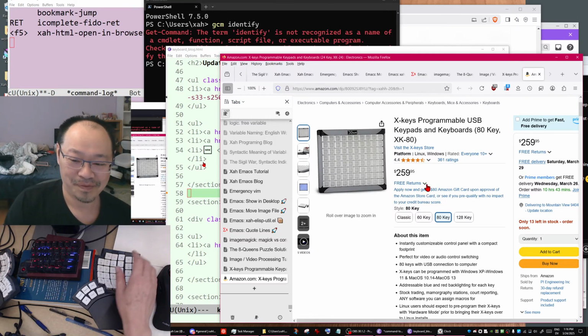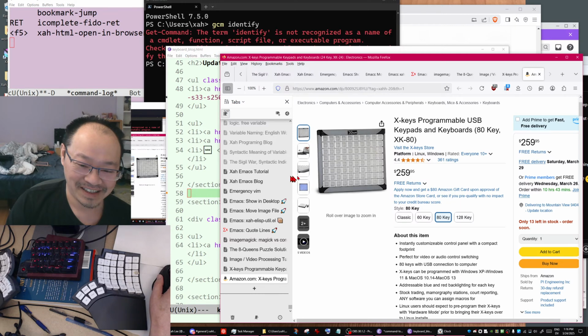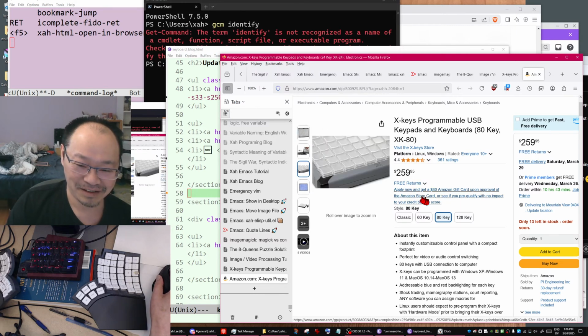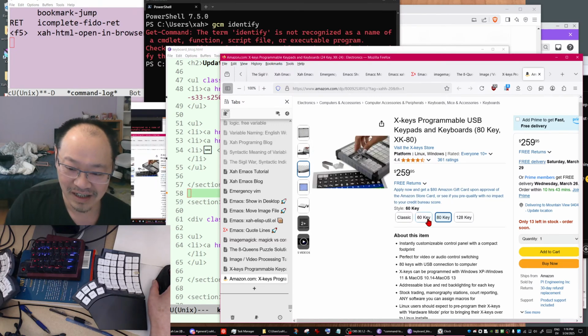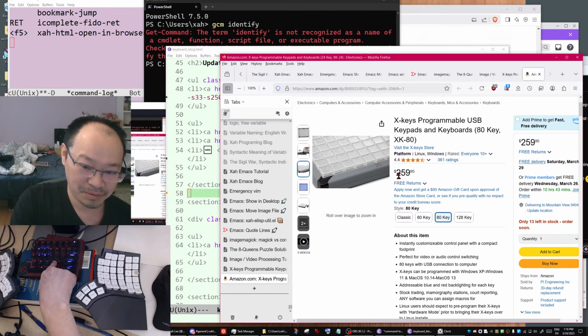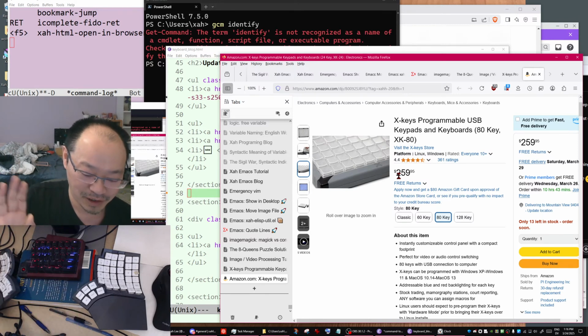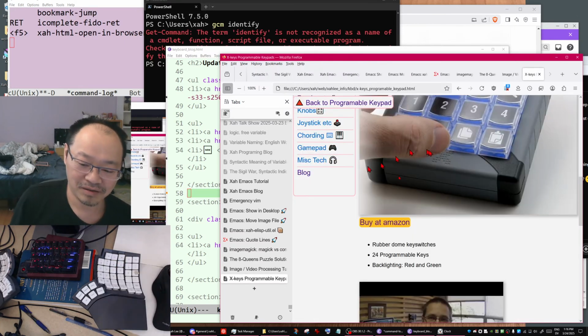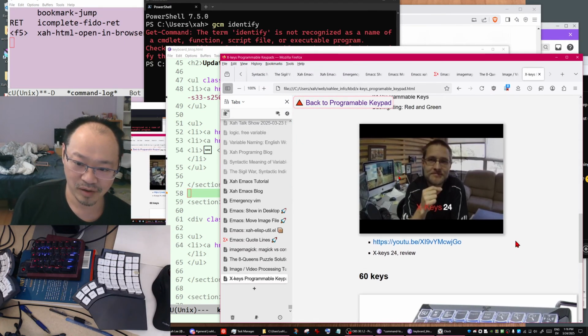Anyway, yeah, so this is incredible, $260 for the 80 keys. In that case, you want to get Ultimate Hacking Keyboard, about the same price, but much better, okay? So anyway, and there are some old reviews,